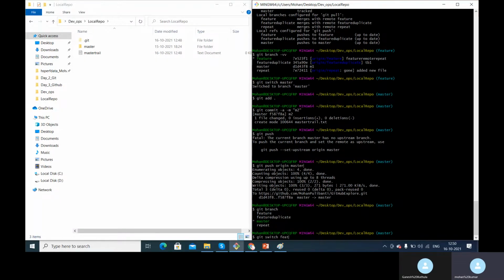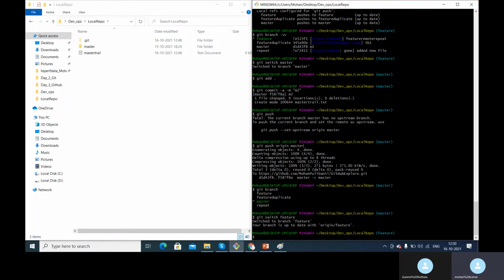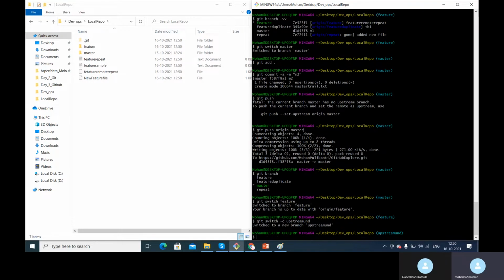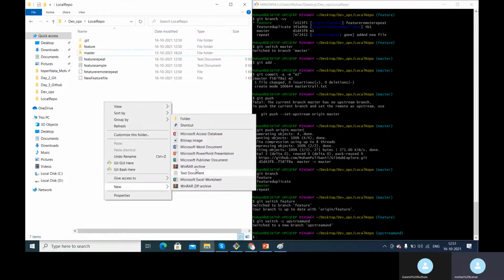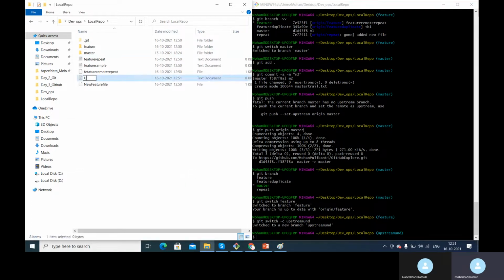So I'll switch to the future branch, and on this branch I'll create a new branch. When I say git switch -c upstream understanding, this is my branch name. I created a new branch, and this is the branch I am on. Here I will create a new text document, upstream understanding.